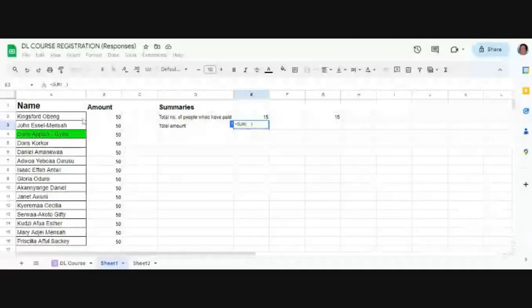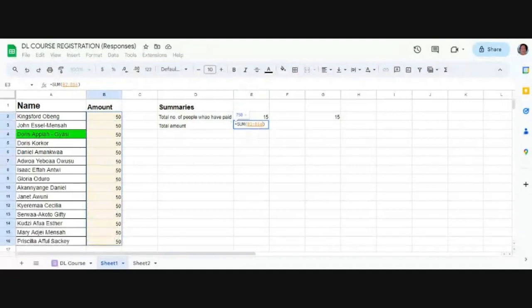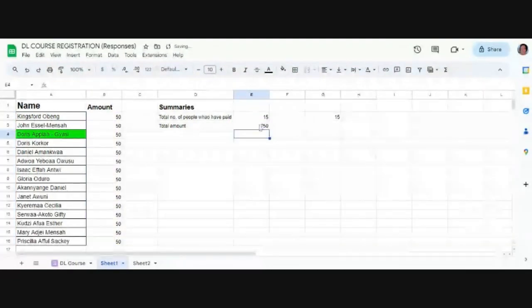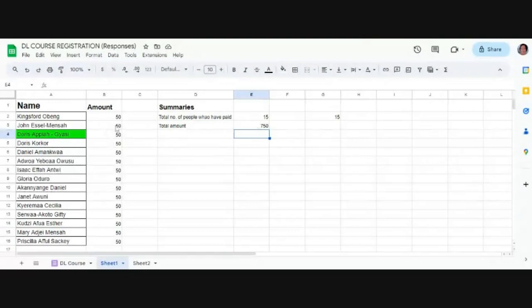Now you come here and highlight, if you want to sum up to a specific row or a specific range. You highlight up to the range you want summed. Now you click enter and the answer is there. That's the total amount, 750 cedis.